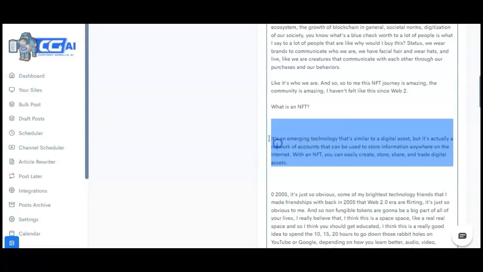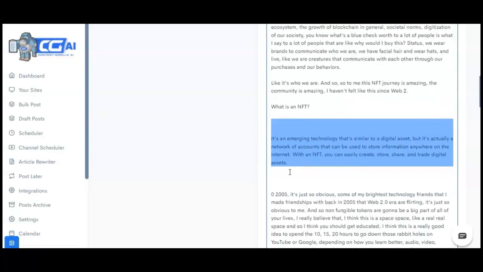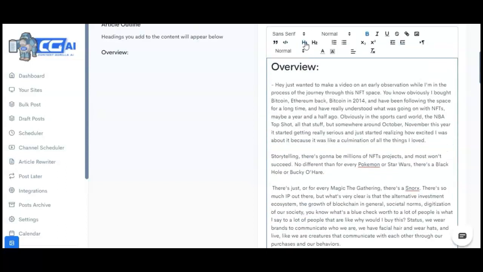And as you can see, it just generated a few words, and it's completely going to be in the voice of Gary V, right? So that's the coolest part about it.